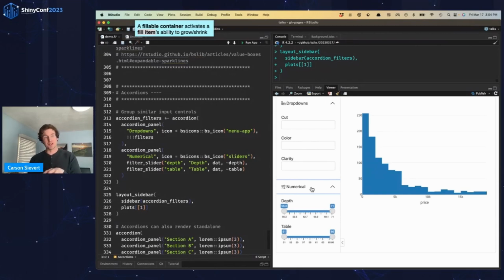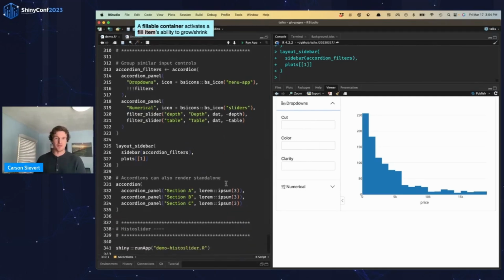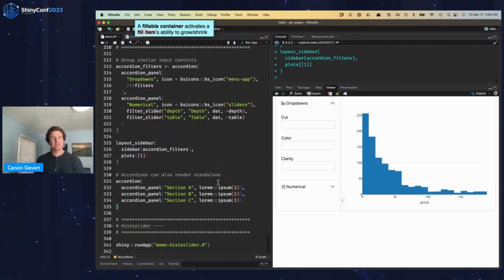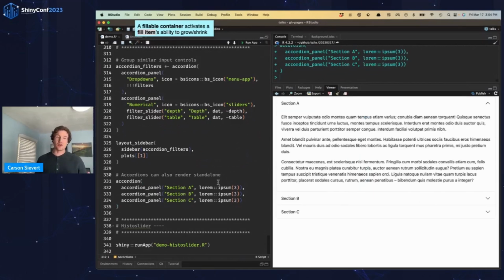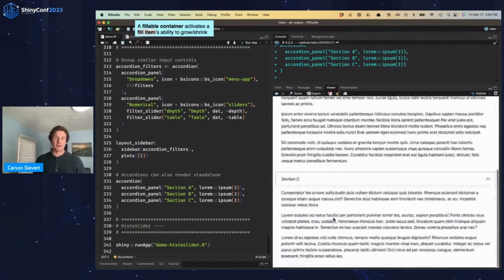You can group them together and also hide groups of input controls if they're not as important as other ones, and allow the user to navigate a lot of input controls a little bit more effectively. You can also use accordions in a more standalone fashion, so I don't necessarily have to put them inside of a sidebar. I can just have sections of prose if I wanted.